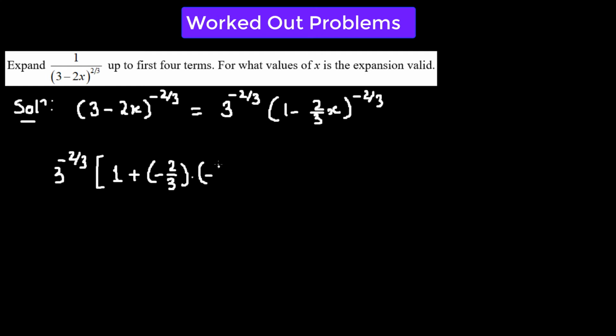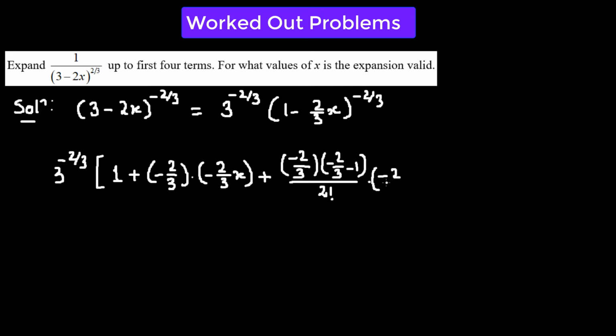So x here is negative 2/3 of x, plus n times (n minus 1) divided by 2 factorial times (negative 2/3 of x) whole squared